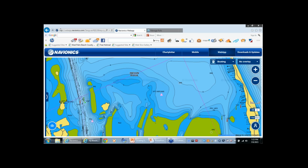Your trout are going to be around grass. They're feeding on pinfish. They're feeding on shrimp. They're feeding on croakers. They're waiting for that tide to come in and push these fish out of the grass. Now, you can catch them over top of the grass or laying in ambush, but a lot of times you're